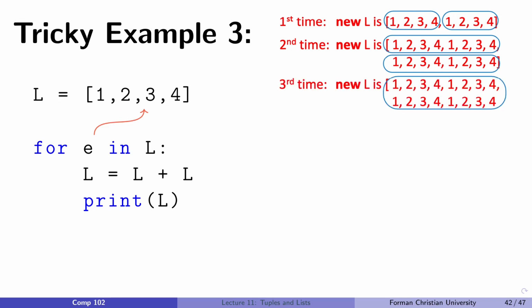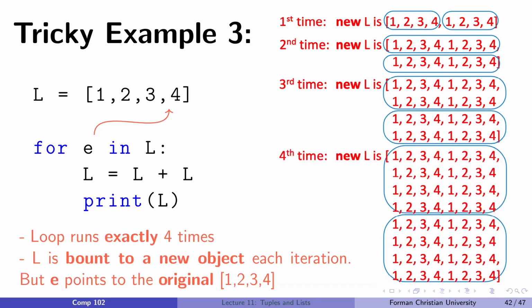And third iteration, E is 3. And then in the fourth iteration, E is 4, and the loop stops, essentially. And it runs exactly 4 times. And why? Because L equals L plus L, this line here that you see,